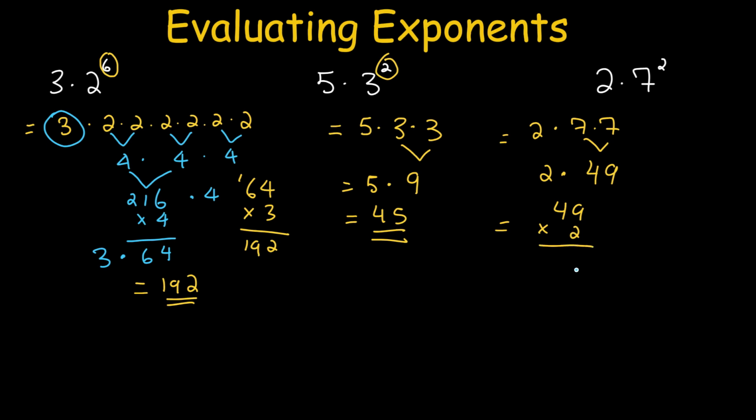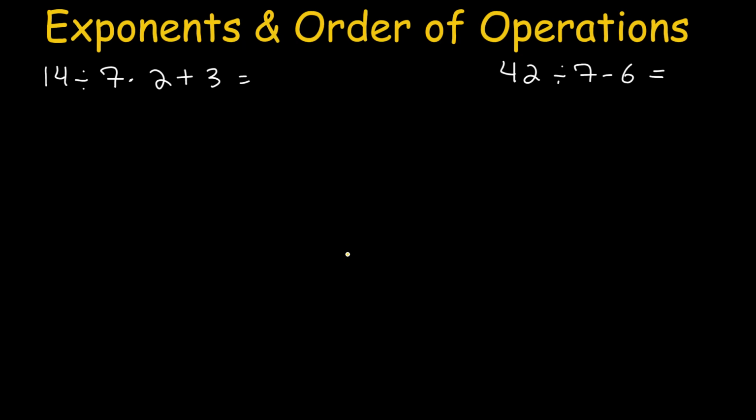It's always good to be organized when solving math problems. So 2 times 9 is 18, times 4 is 8, plus 1, that's 9. So our final answer is 98. At this point, you should know already the rules of PEMDAS, so let's quickly review them by solving